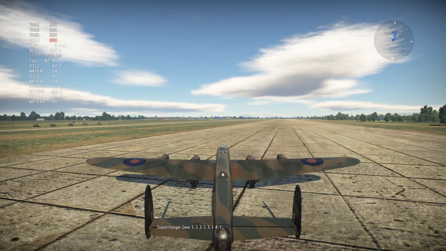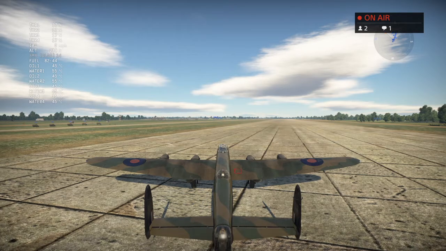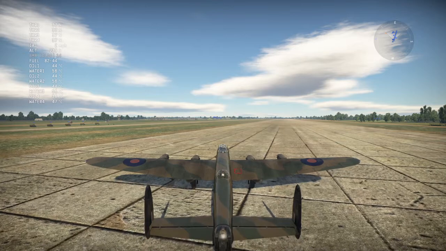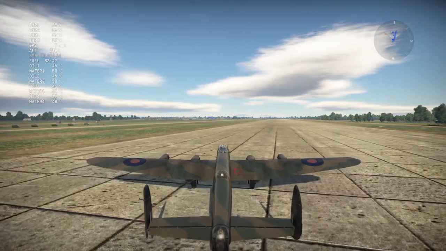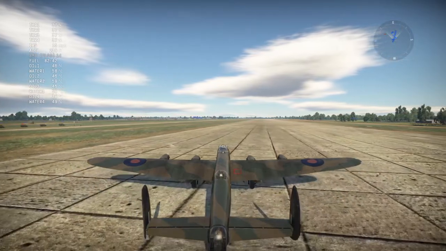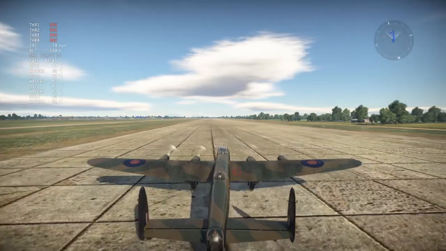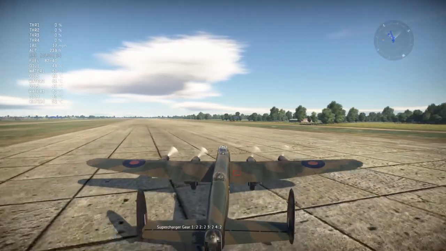Okay, so then if I switch to all full control, and then, hello Wolfcraft. Okay, so then if we quickly taxi, right here, there we go, that's better. Okay, so now if I hit the brakes real quickly, okay, so if I press the same key again,